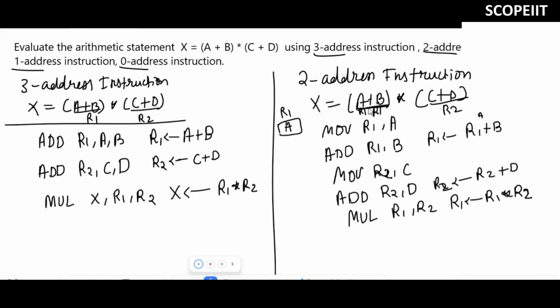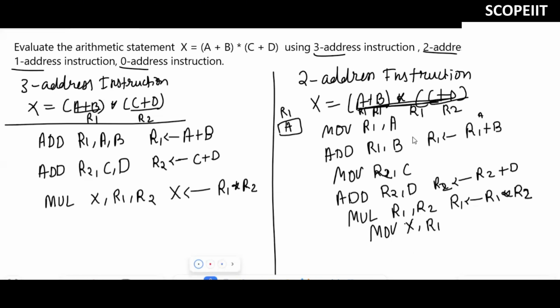Now I want to move the R1 value to which variable? X. So I'll write move X comma R1. So R1 value is finally stored in the X variable. This is the way we perform 2 address instruction for the given expression.